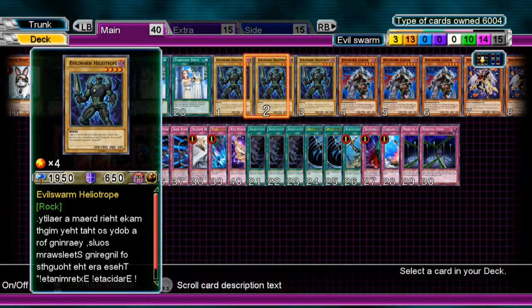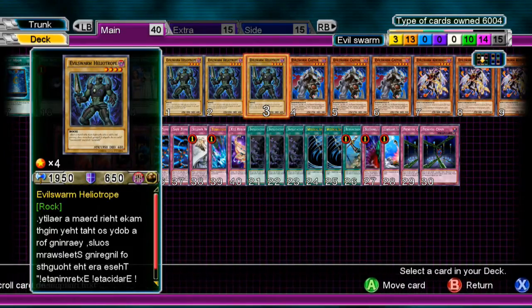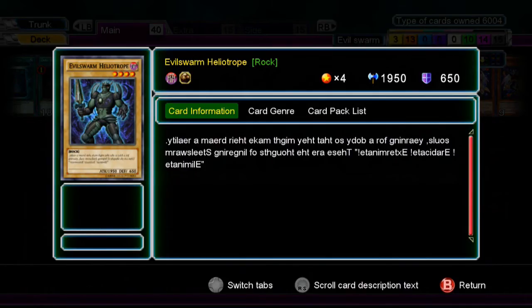First off, we have 3 Evilswarm Heliotrope. Basically, his thing is a 1950 beater. It gets over pretty much anything that isn't over 1950 points, obviously. Little fun fact about this card and some other cards, I believe, but maybe it's just this card: this card's text is written backwards. I could spend like 5 minutes reading it, but there's no reason for me to actually do that